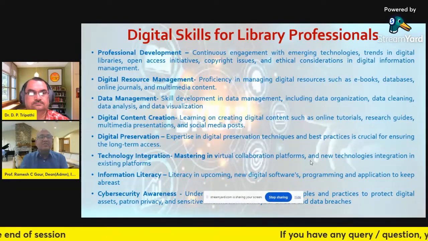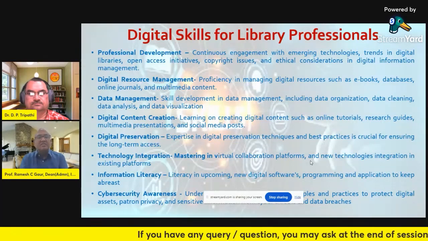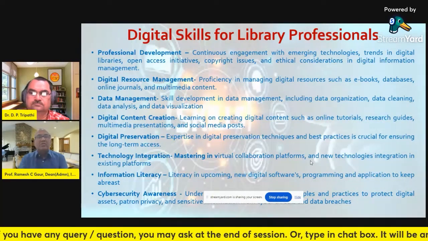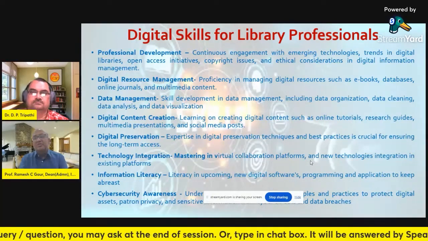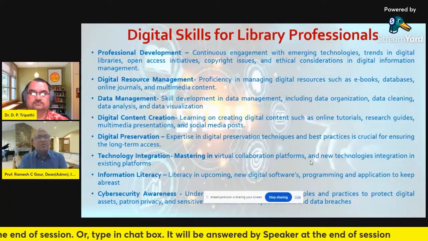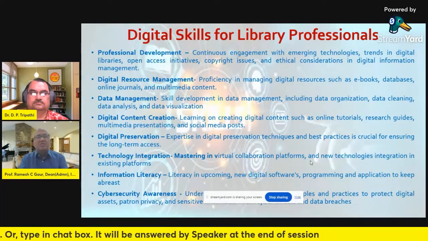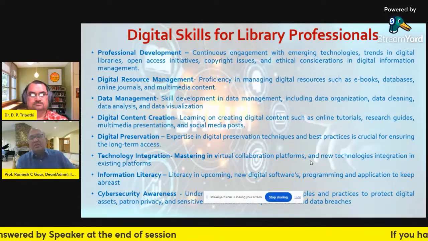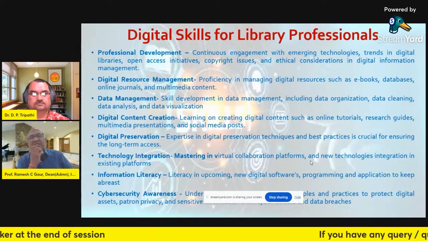Information literacy or media literacy is very key. E-research literacy is very key. At the same time, you also need to be aware of various issues concerning cyber security: how to protect yourself, how to help users, and how to educate users about cyber security. So all these things are the need of the modern-day librarian, and